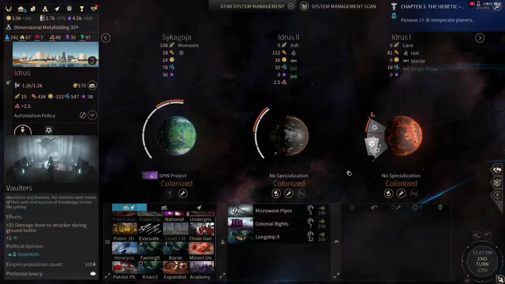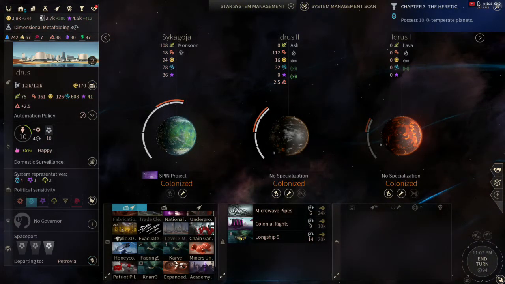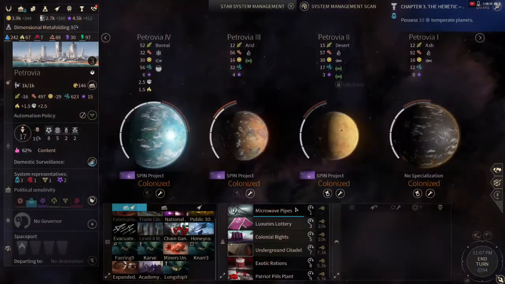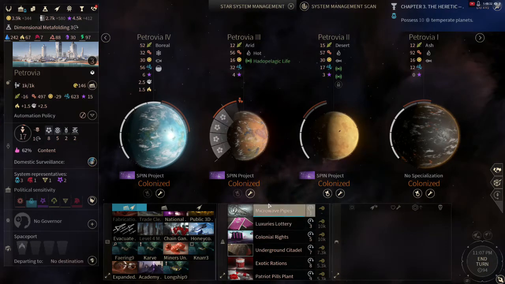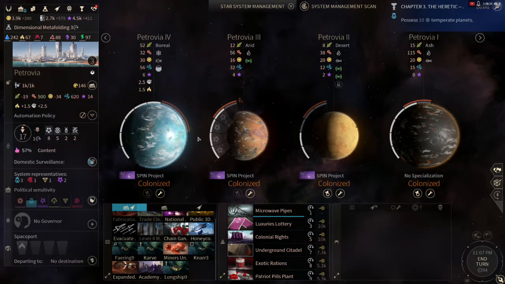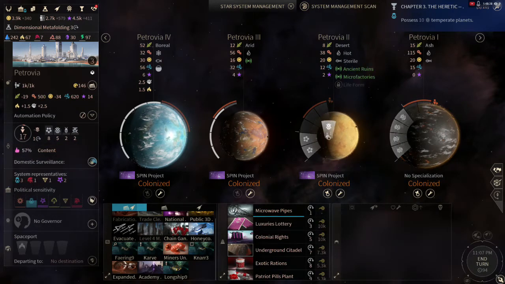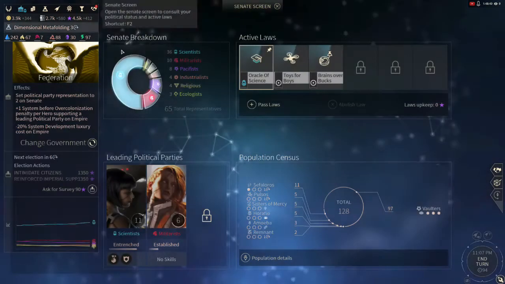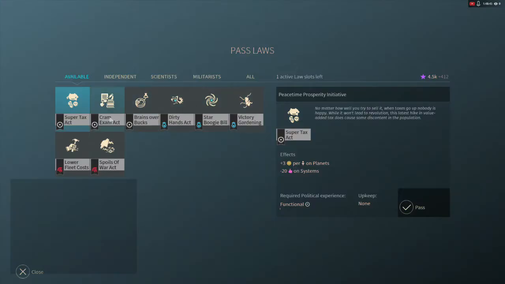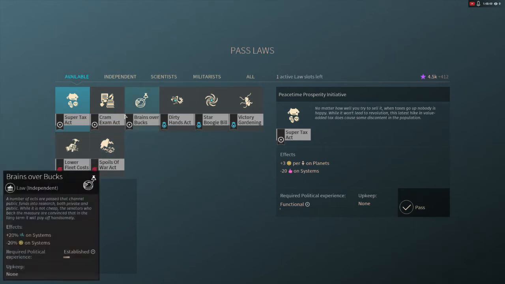We can take these three and send them to Petrovia, so that will help. Petrovia is losing population, so this will get some of them back. Also, we don't need to be running brains over bucks anymore. We can come back to